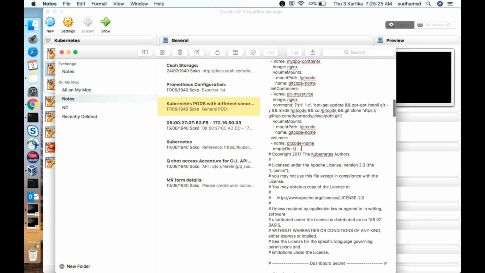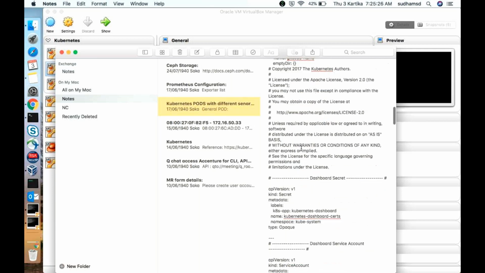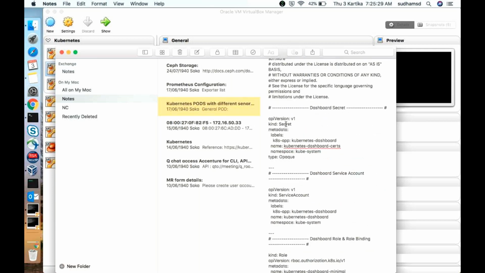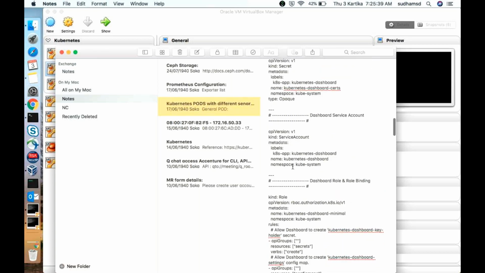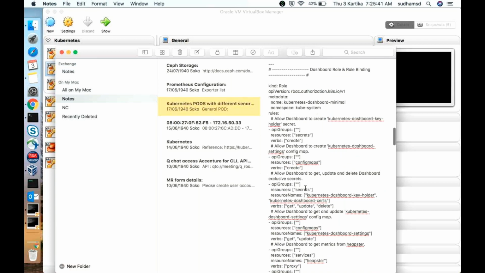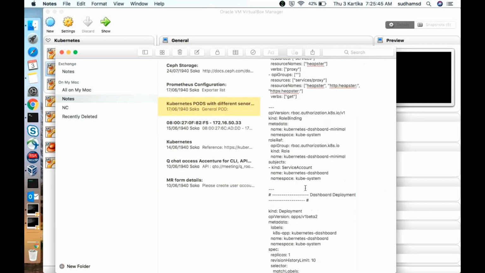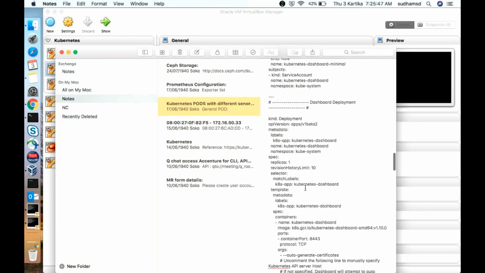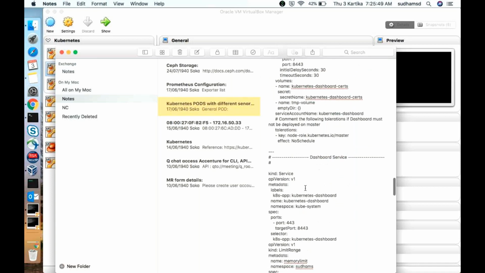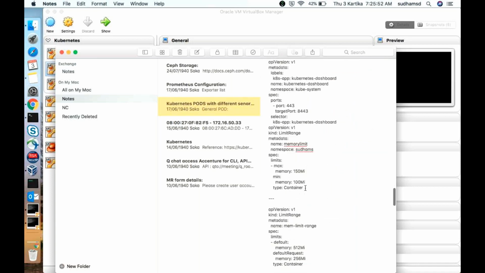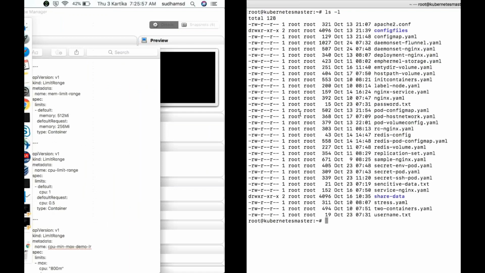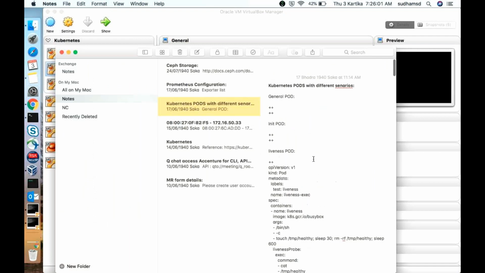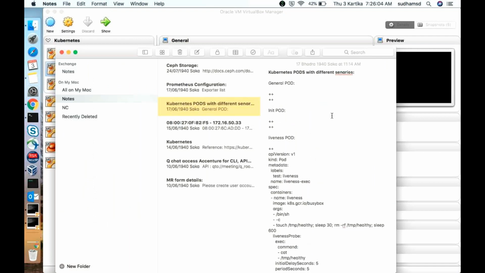He is trying to create a Kubernetes secret, type, location and data. Then we are creating a service account, then a role and role binding. Then we are deploying the dashboard and the dashboard service. Tomorrow you'll see this, because I need to do the dashboard first, since I don't want to get stuck here itself.